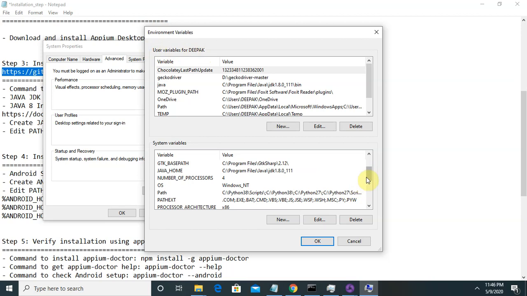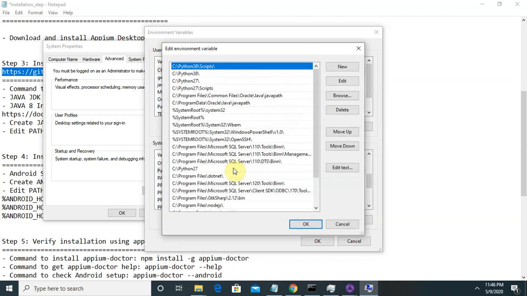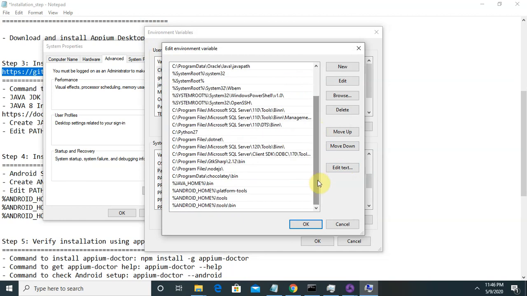After adding this variable, you have to add it in the Path setting as well. As you can see, for JAVA_HOME and ANDROID_HOME, I have added three ANDROID_HOME entries: one for the platform-tools, another for the tools, and the third one for tools/bin. JAVA_HOME is also required, but it is required at the time of bin.